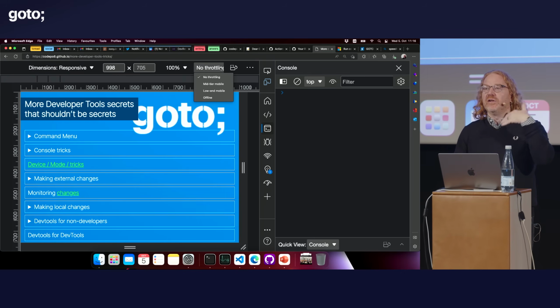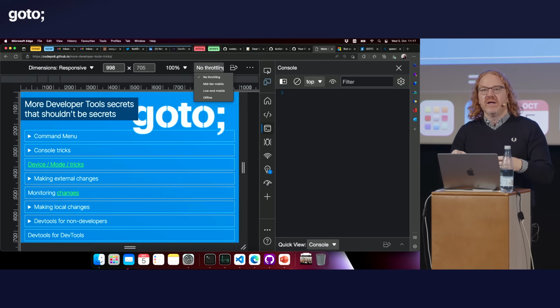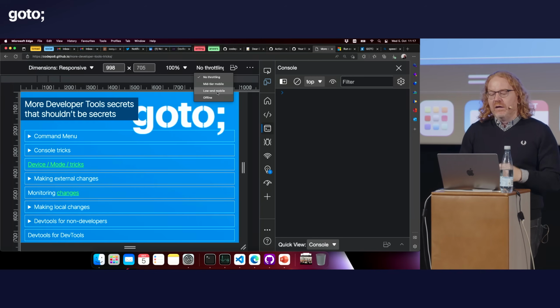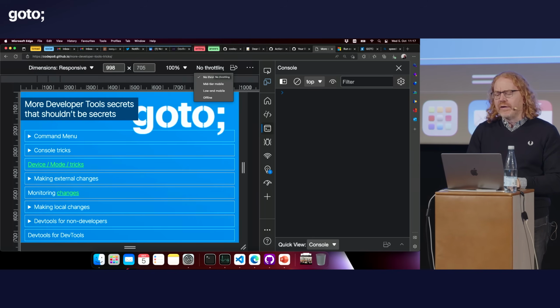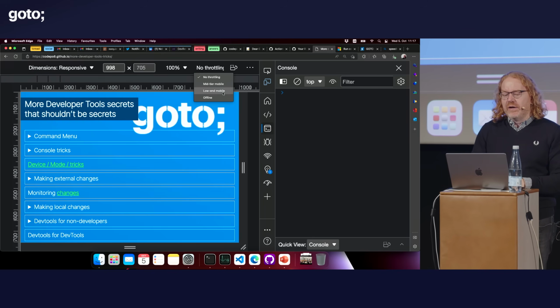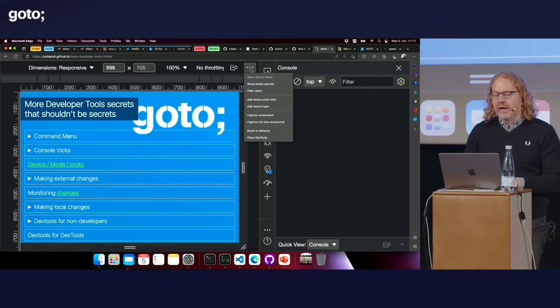How long does it take until users can interact with the thing? How long does it take before your spinner becomes really annoying and not as pretty as you think it does? And this is something that you can simulate here directly in that device mode as well. You can also do it in the network pane, but it's much easier here to do. And you can zoom in and out of those, and you can do all kind of other bits and bobs